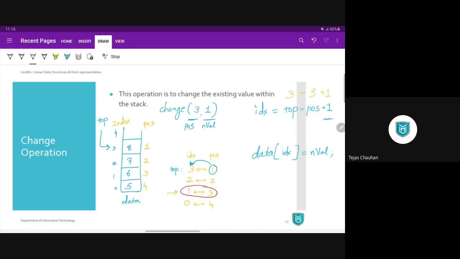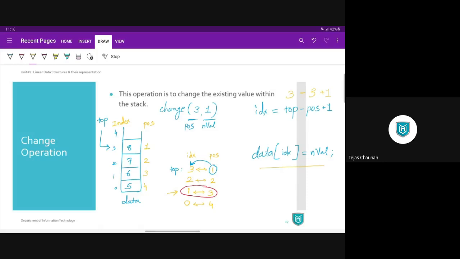So we can calculate index based on the given position with this equation. But user can give any position, 1, 2, 3, 4. User can even give you 5. A user is just a user. We can never rely on user directly, blindly. So once we calculate idx, we need to validate this index value. If this index value is a valid one, then and only then we are going to update that position value. Otherwise, we can give user a proper message, invalid position given.